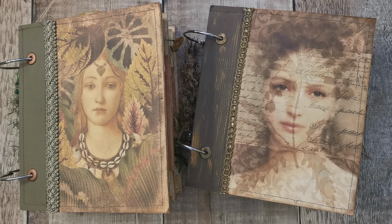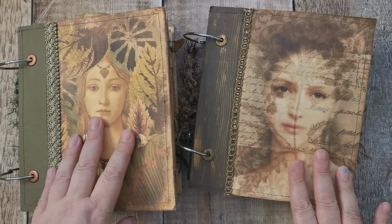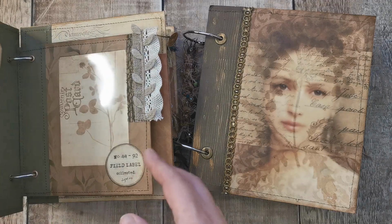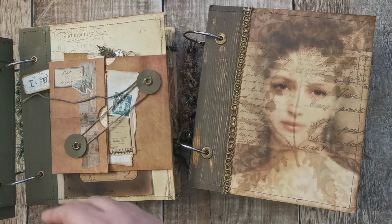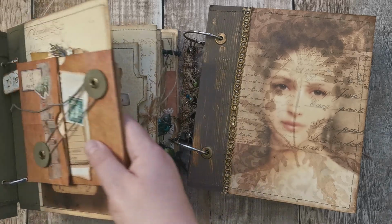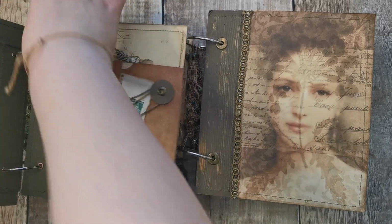Hello and welcome back. So this is going to be the flip through of the two ring bound journals that I've made. I did this one off camera and I did a step-by-step tutorial on this one. I didn't make any of the pieces inside. By that I mean these kinds of pieces. I didn't make that actual cluster,